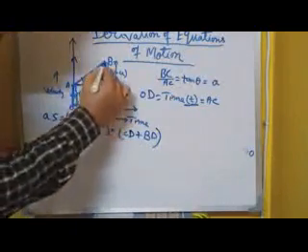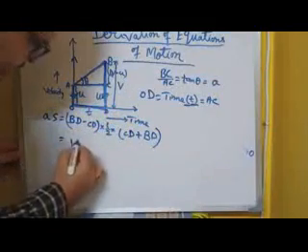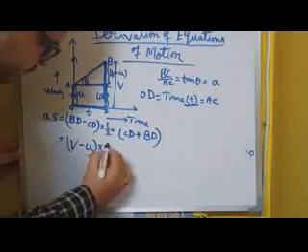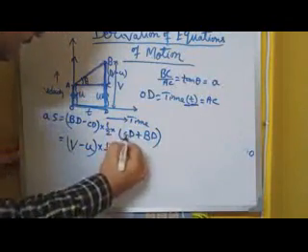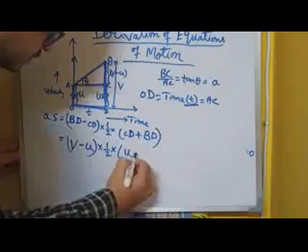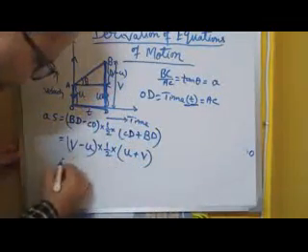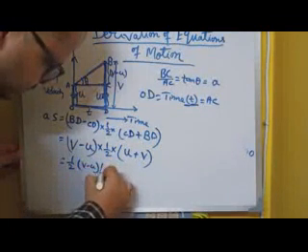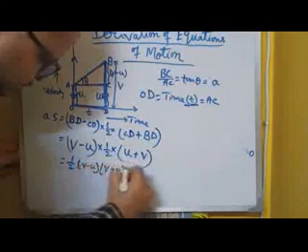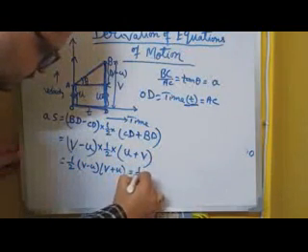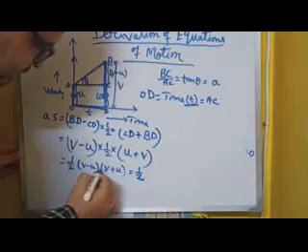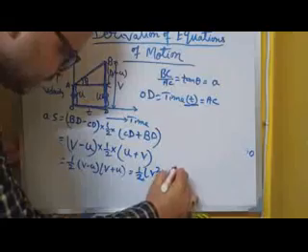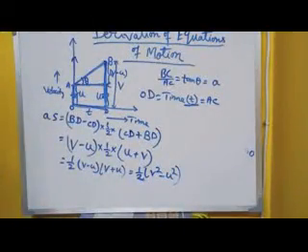So what is the value of BD here? BD is equal to my V. What is the value of CD? CD is equal to my U. So V minus U into half into U plus V. You arrange this: half into V minus U into V plus U. What is your formula? A minus B into A plus B, that is V square minus U square. This is the formula of A square minus B square.